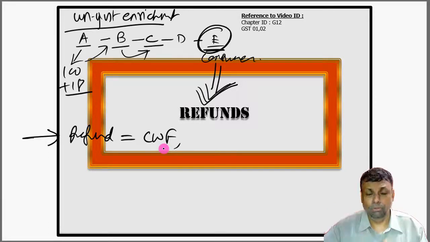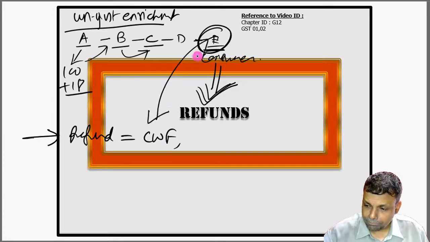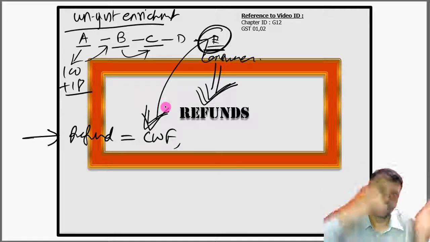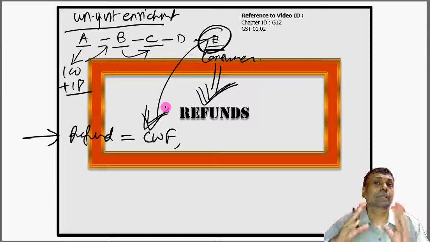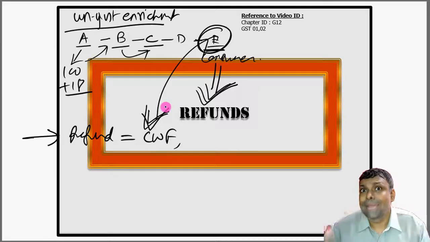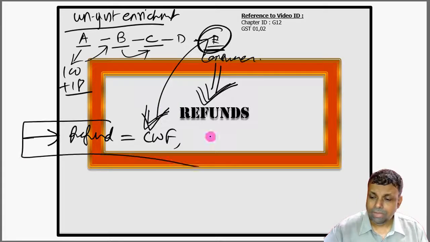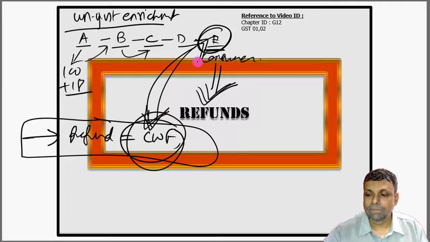However, if there is any specific situation, that means if Mr. E can prove it, in my example, then I am the only person who is entitled to that refund, and I can prove that these are the same goods moved from A to B to C to D to E, and I am the consumer, I have all the documentary things, all the official transactions, and if I can prove it, I may be eligible. I'm saying I may be eligible for the purpose of the refund. In other words, this concept has been accepted by the law, saying that by default the refund is to be given only to the welfare fund. However, in specific situations, I repeat, in specific situations, it can be given to the respective person.